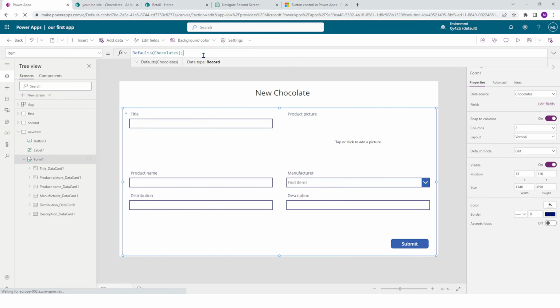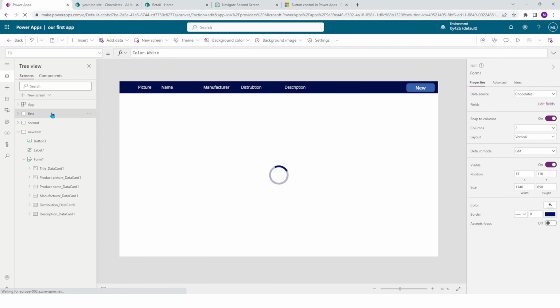Basically, you can have it like this. Yeah, you just need to add defaults just so that it tells us that we need to add the default record, default values. You can just save it. Now it's going to show up. So once again, first,